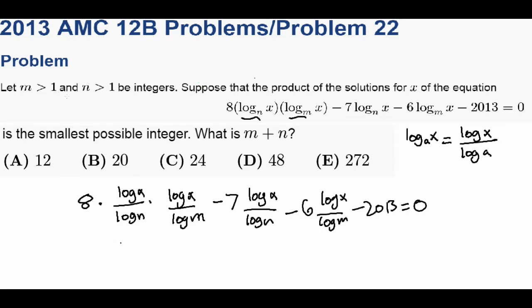Let's simplify it down further. You get 8 over log n log m times log x squared